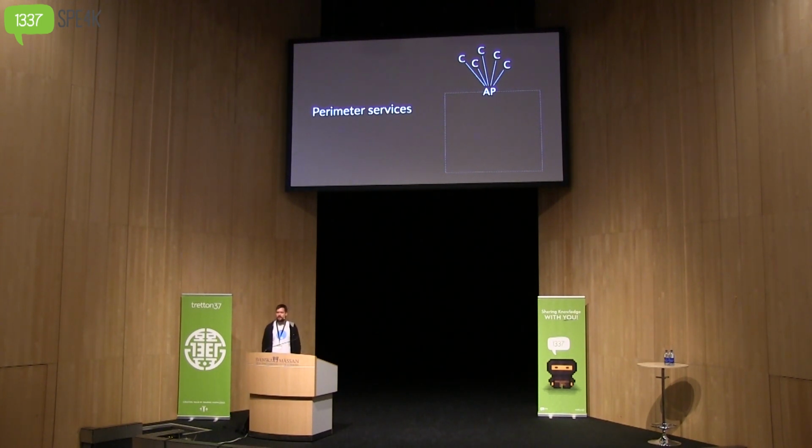All the C's is trying to illustrate clients in that picture, and the dashed square is trying to illustrate a setup of the Spotify backend. This access point, in our case, is a little bit weird if you come from a traditional web application, but these clients try to maintain a persistent socket to this access point. And one access point will have something in the neighborhood of 30,000 clients or so connected at any given time.